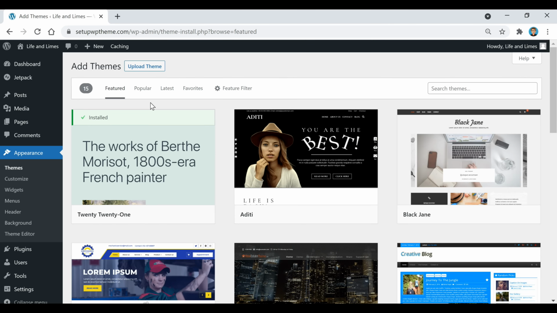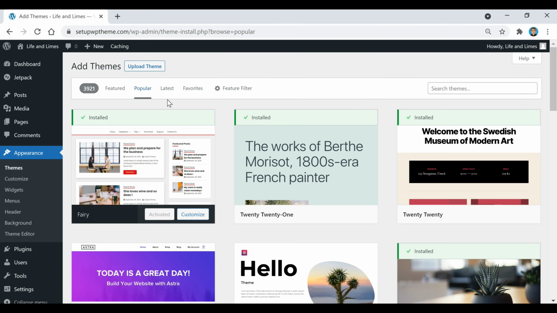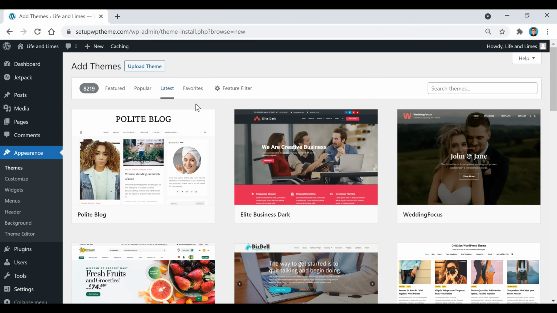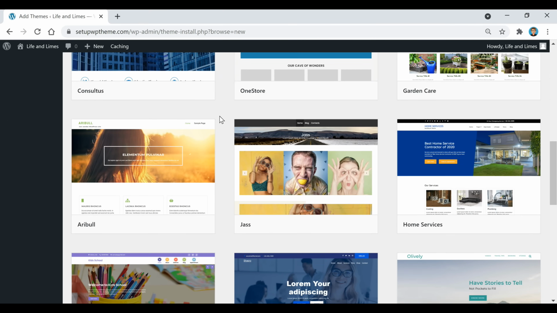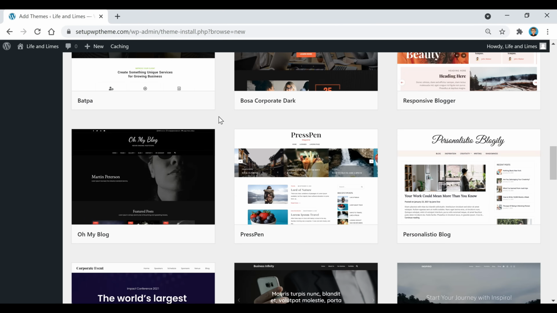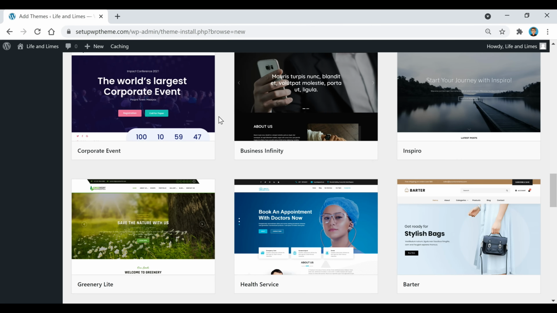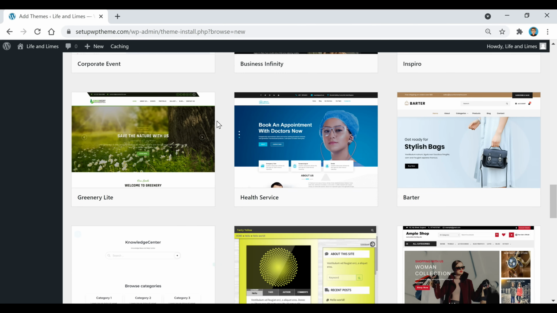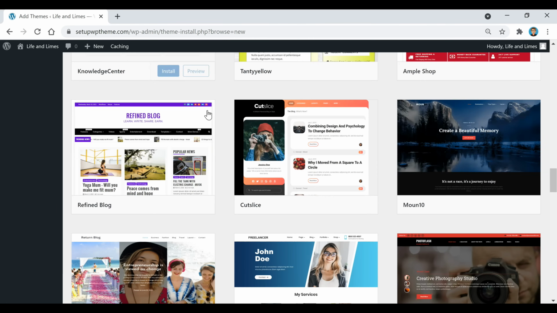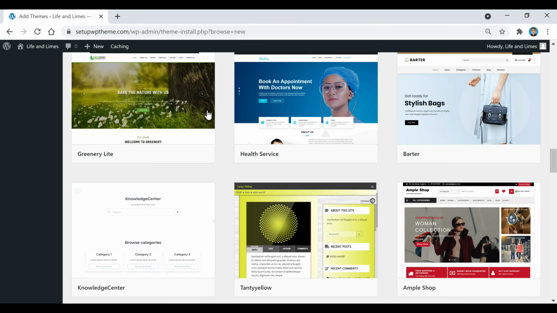Now this page right here is where you're going to find all your themes at. And if you go up to the top here, you're going to see a bunch of different categories. And if you click through them, you're going to notice a bunch of different themes here. Just going to go through them real quick. 8,219. And you guys can scroll through these right here and just take a look at them. Because like I said earlier in the video, if you guys don't like the look of this theme that we're using today, you can just go with a different one of these right here. But if we scroll back up to the top,